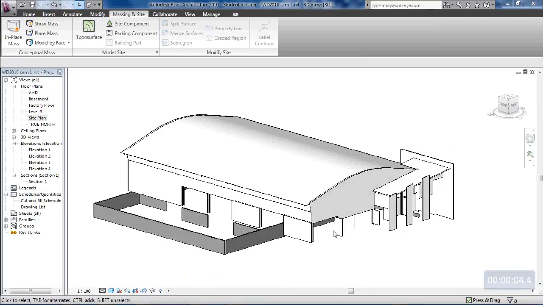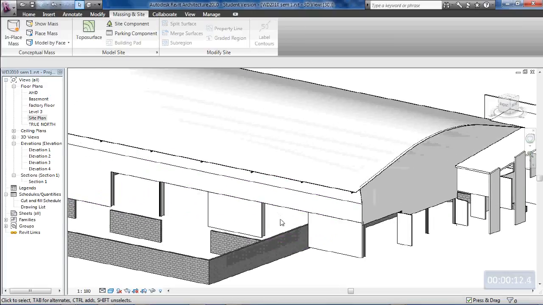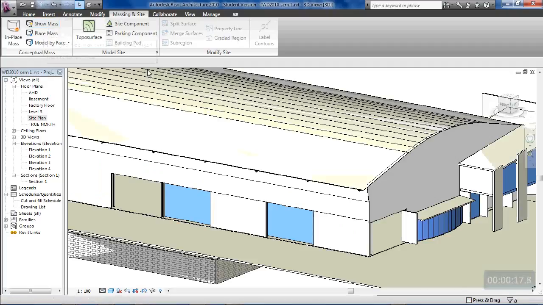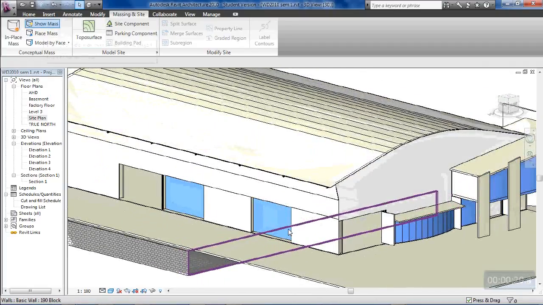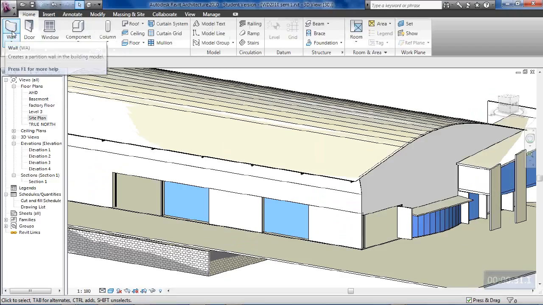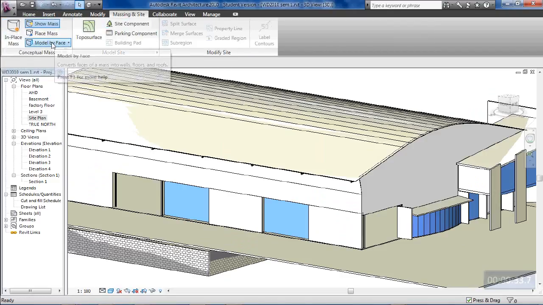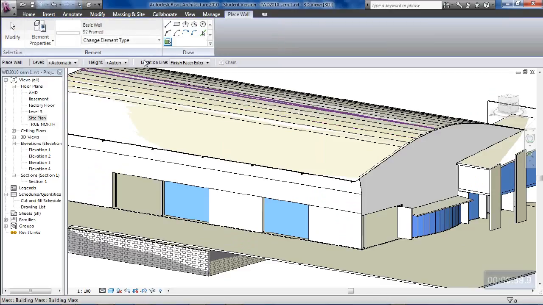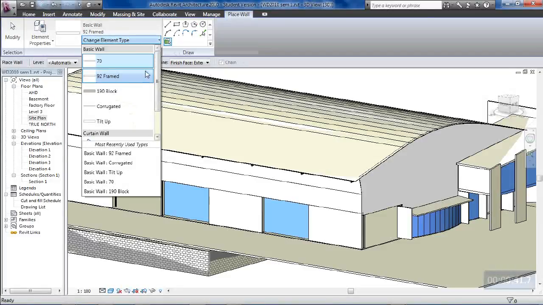Okay, so the glass curtain walls, I'll put in, say, some down on this side, and I'll do that. I'll have to go to massing and site and show mass, and we'll have to set up a glass curtain wall to do the job first, I think. So first thing we'll need to do, go to the home menu, go to the massing and site menu, model by face wall, don't use the curtain system, use a wall,